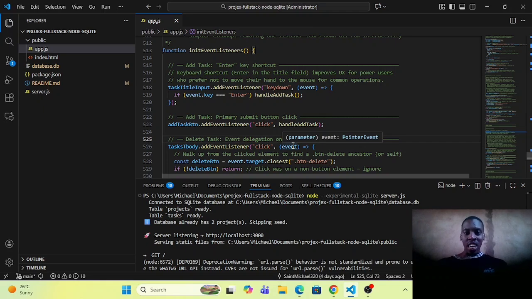All write operations use parameterized queries to prevent SQL injection. The database is seeded automatically on first run if the tables are empty. And ON DELETE CASCADE means I never have orphan tasks if a project is deleted. So this covers the full stack, a native HTTP server,